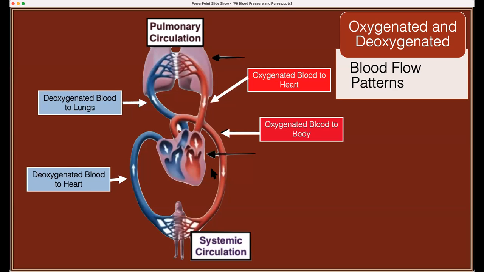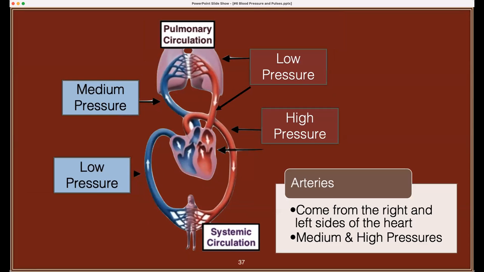So a very simple depiction of deoxygenated blood going to the right side of the heart, going down the pulmonary artery to the lungs, coming back as pulmonary veins back to the heart, and then the oxygenated blood going to the body and, of course, to the coronary arteries. So the right side of the heart is a low pressure system. The pulmonary artery generates a bit more pressure, maybe 20 systolic,